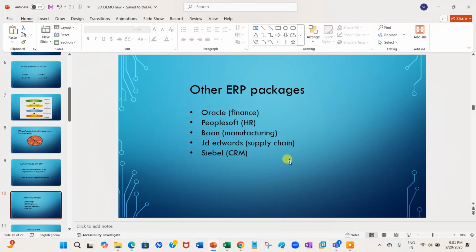But for all the teams, we have only one ERP package. What is it? SAP. SAP is a software. It unifies, tightly integrates, and at the same time combines, providing a solution to all. That is SAP.